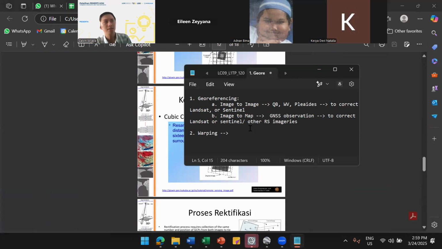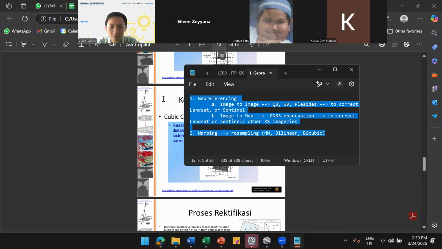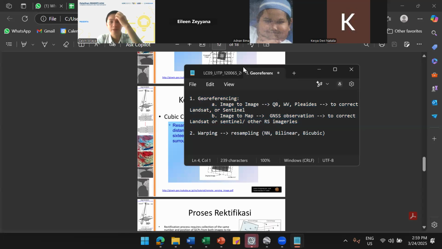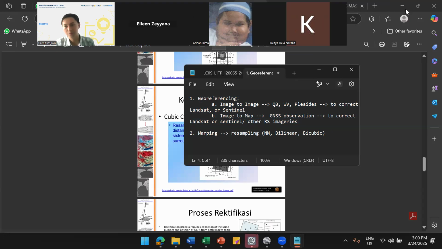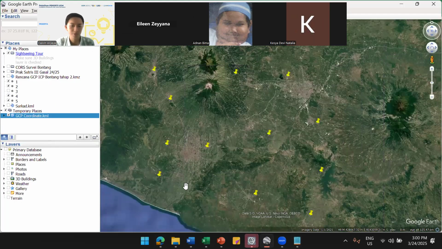In the warping process, there is a resampling method. Resampling has nearest neighbor, bilinear, and bicubic. Okay, these are the two steps of how we do the geometric corrections. Maybe I will give you a short demo on how we do the geometric corrections.